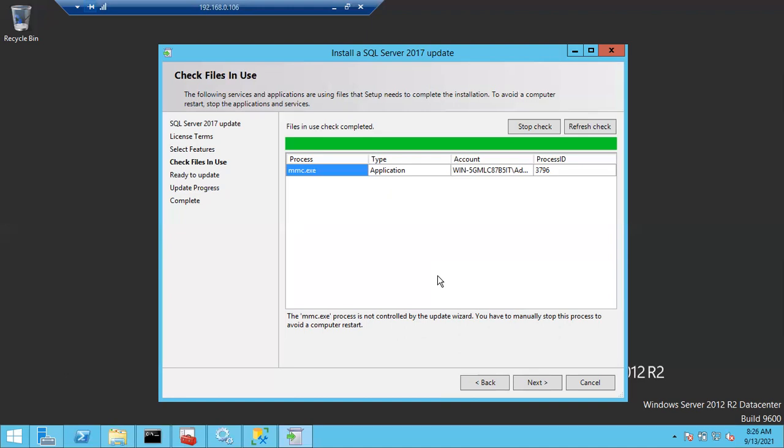But it is our responsibility to let them know that you are patching the server, so that in case they get any alerts, if the server is down, if the instance is down, if the agent is down, they don't touch it until patching completes. So you have to send an email before patching. You have to send an email to the application team, DBA team, and monitoring team.